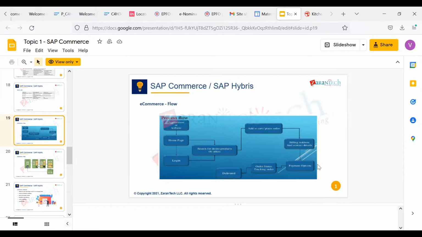Within the hybrid we have two checkouts: one is multi checkout and the other is single checkout. So what is the basic difference? If the user wants to order a product, he can go to the product detail page, and if he would like to buy that product, he has the option to directly place that order by a single click. But if we deal with the multi-step checkout, that means we have to perform multiple